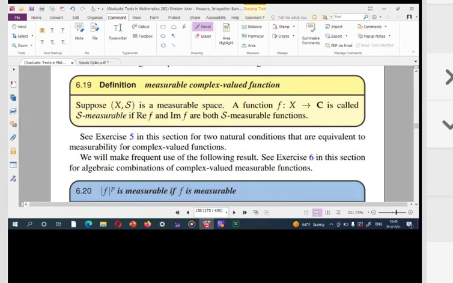Now we can define measurable complex valued functions. Suppose (X, S) is a measurable space, a function f from X to C. Please note that in the previous session we always considered functions from X to real numbers. Okay,